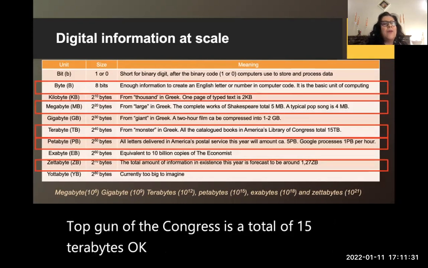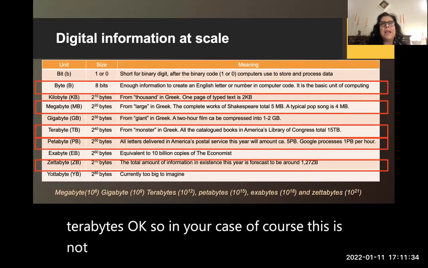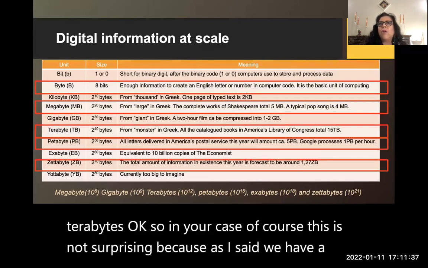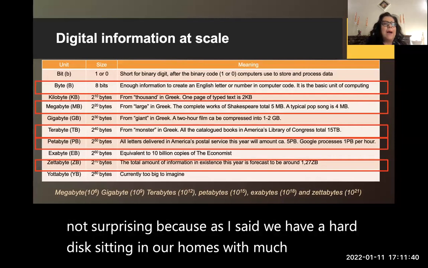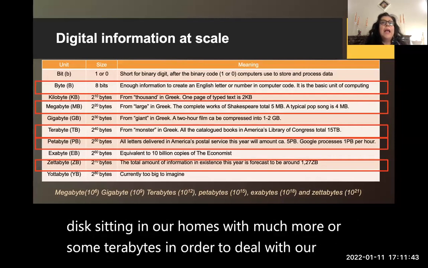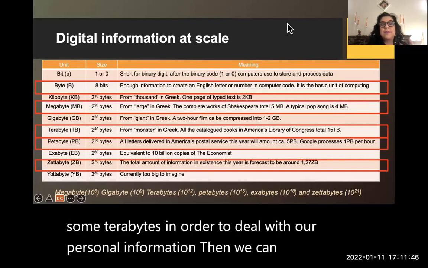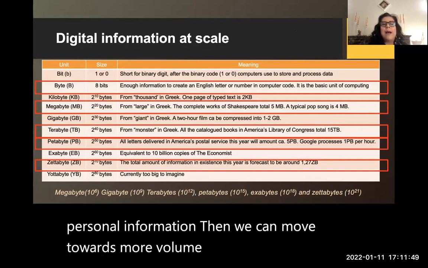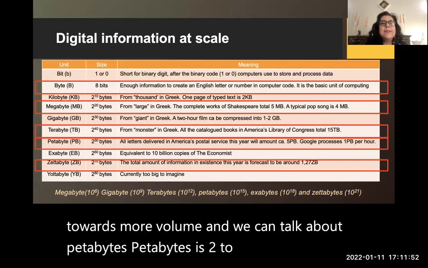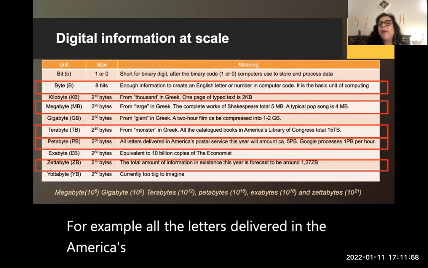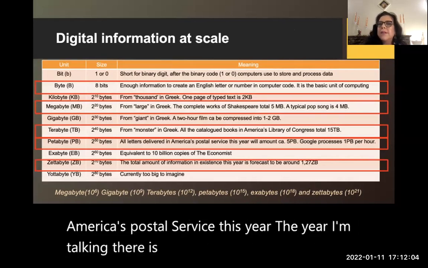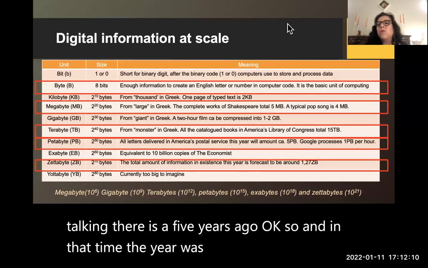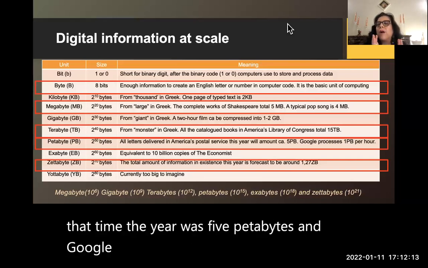So in your case, of course, this is not surprising because, as I said, we have hard disks sitting in our homes with some terabytes in order to deal with our personal information. Then we can move towards more volume, and we can talk about petabytes. Petabytes is 2 to the 50 bytes. For example, all the letters delivered by the American Postal Service in a year, the year I'm talking about is 5 years ago, amounted to 5 petabytes, and Google processed 5 years ago around 1